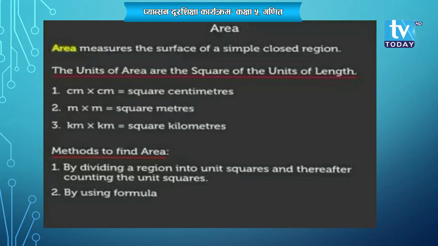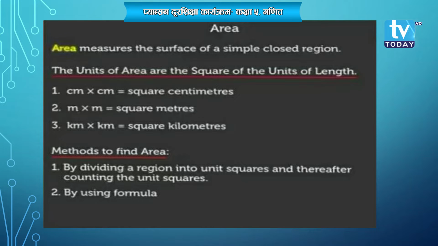By counting also we can find the area, and by using a formula also we can find the area. So over here, by dividing a region into unit squares, that means just like a graph copy,